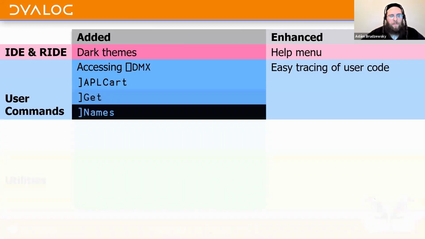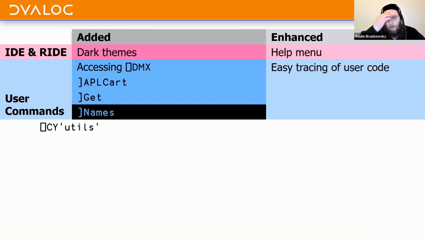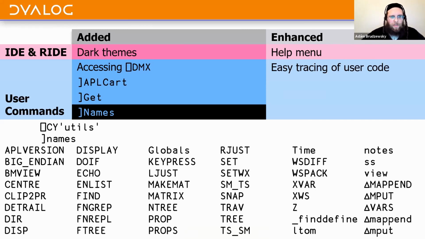That's get. Names. This was Richard Park's idea, and I love it. Let's say you copied in some utility functions from the utils workspace. Now, if you want to see exactly what you've got, then the names user command displays it in nice alphabetical columns. So this is similar to the FNS system command, or the quad NL system function, but